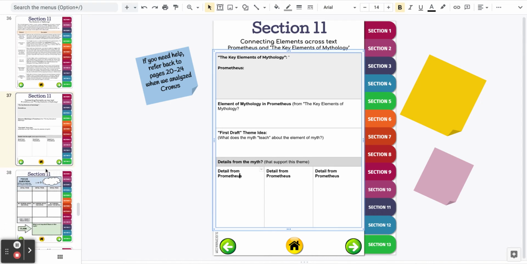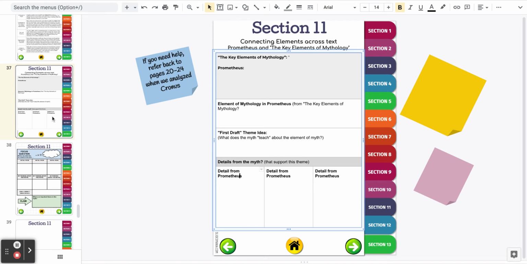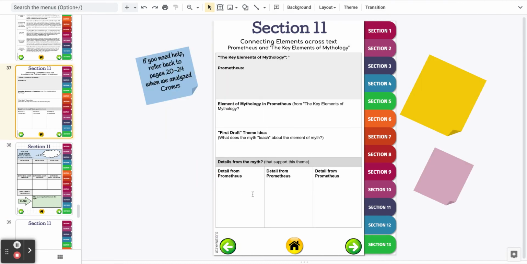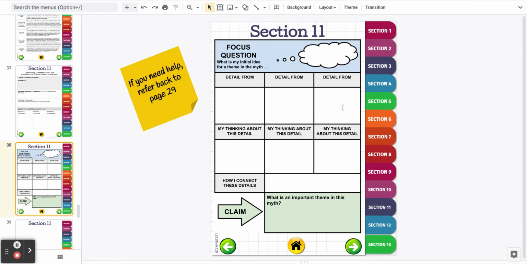From there, you're going to maybe copy some of this into page 38. So what is your initial idea for the theme of the myth? And then here are your details. So basically you're going to copy these and paste them on page 38 in that top part.